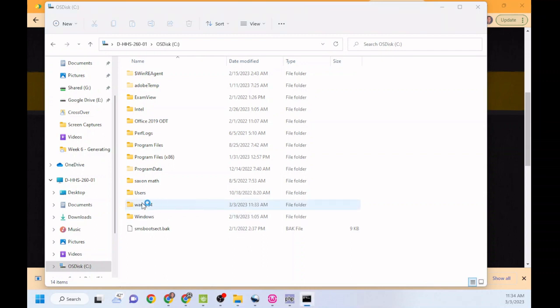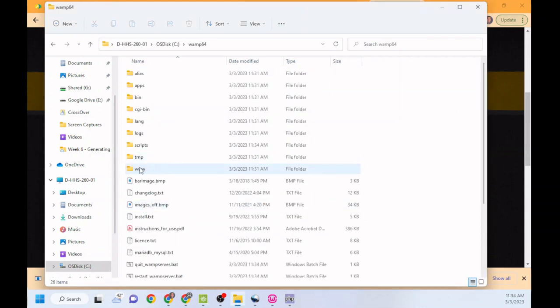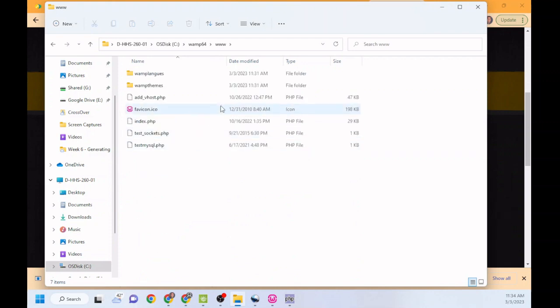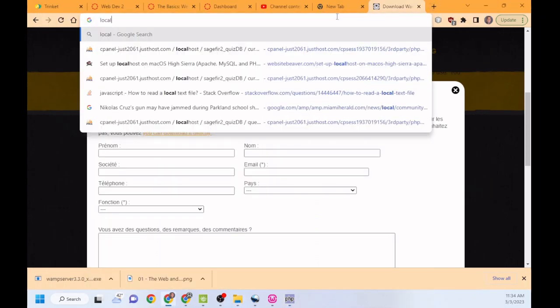When you're done with it, it's going to install this Wamp 64 folder. And then in there, you're going to see this www folder. Now, this is where all your web pages show up. So this index.php, when I go to localhost,